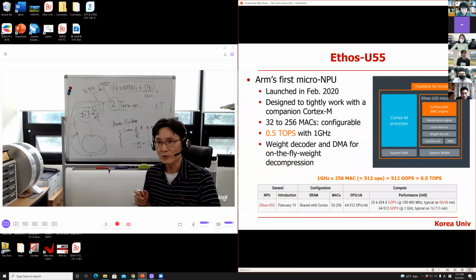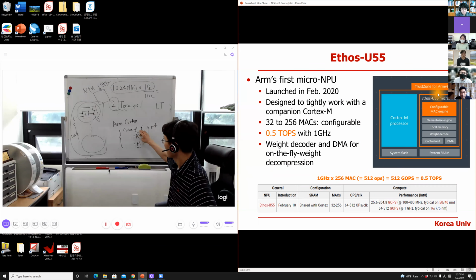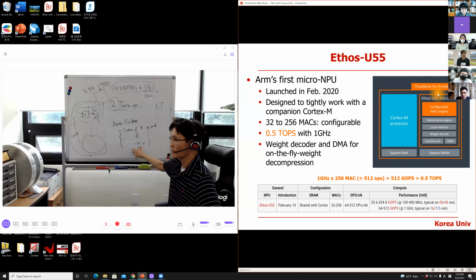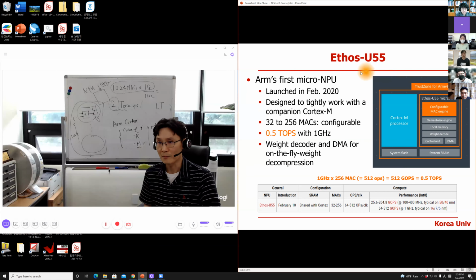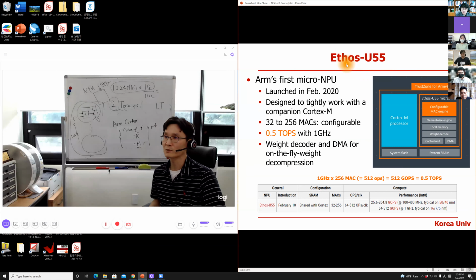But NPU is used not only along with Cortex-A, but Cortex-M. Look at this. ARM introduced this NPU family, Ethos, and that. Okay, so this one,